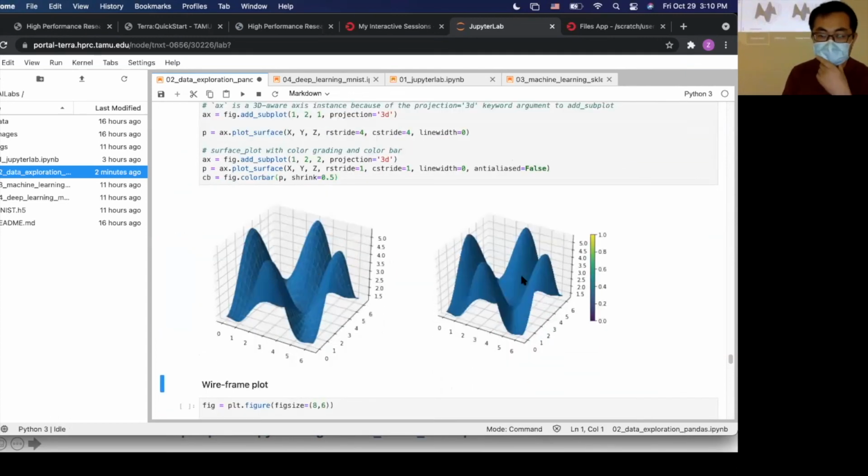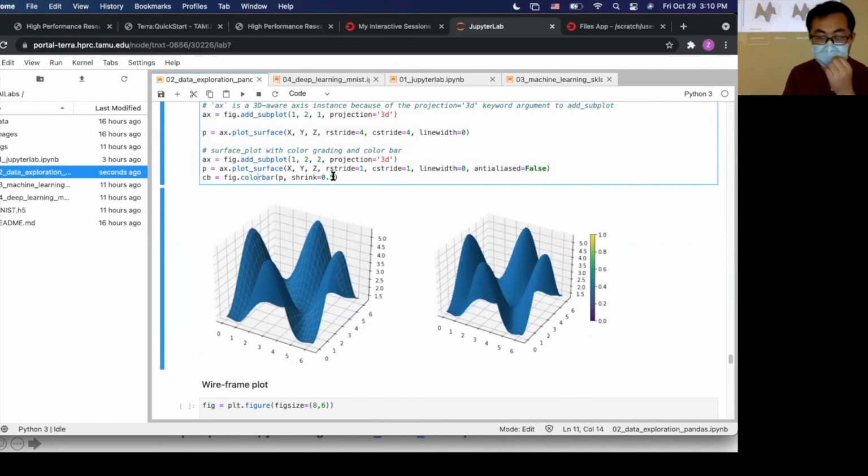You can see it's the same data, but the stride on this surface is not the same. So you can do 3D, and also you can do a color bar. You can shrink it, because sometimes if you do not shrink it, it could be very large.